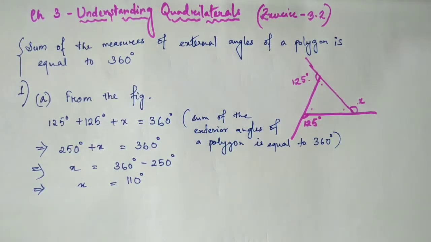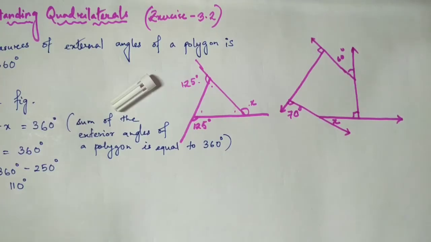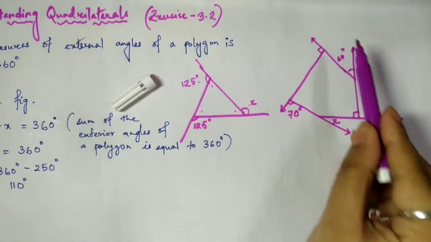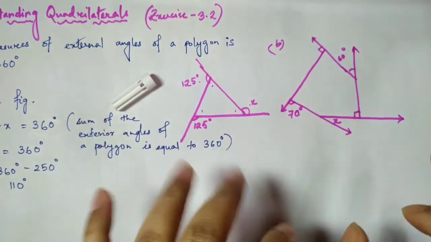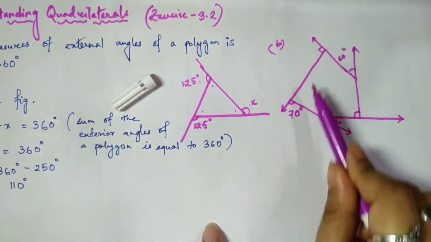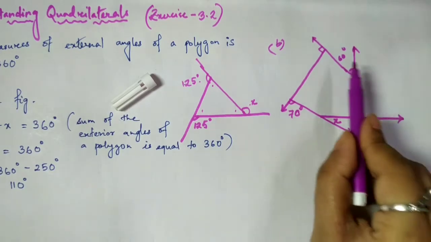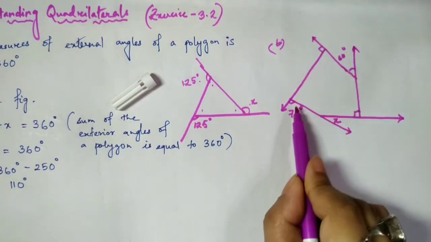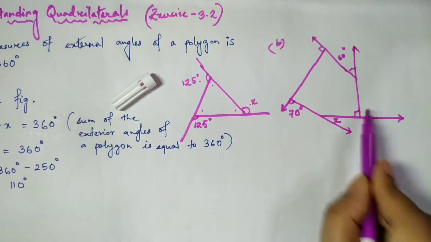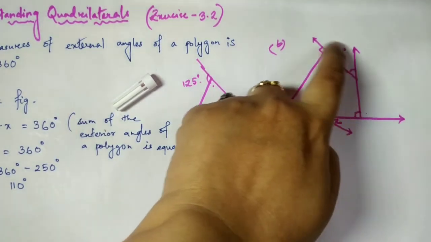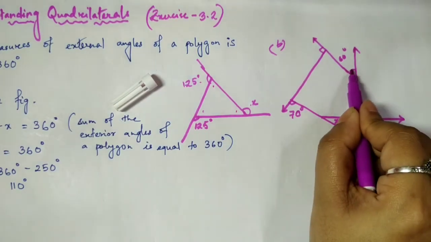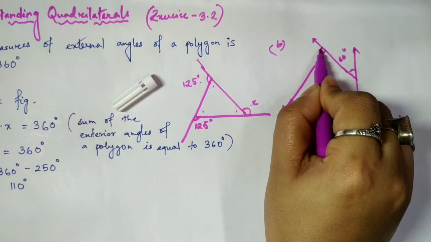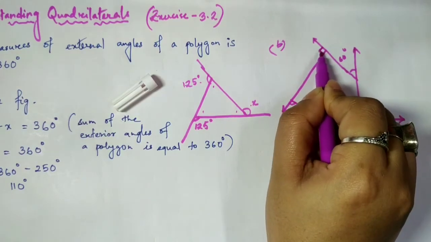Now let us see part b. Students, this is the diagram given for part b. I'll explain this and you'll have to try it by yourself. If you can see, it has 1, 2, 3 and 4, and all are exterior angles. This is one, this is another one. Now we know that the sum of all the exterior angles of any given polygon is equal to 360 degrees. So this is given. Now whenever you see the angle marked like this, you always know it's a right angle.